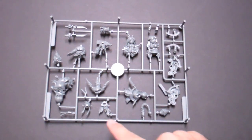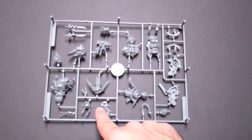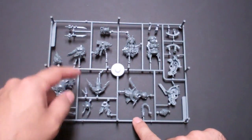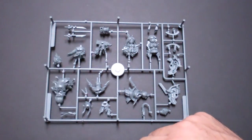Flipping over to the other side, we can see this is part of a headdress with some kind of mechanical winged feather. You can see the details on here are exceptionally fine. You can see every last ruffled feather on here. Some of the edges on these parts, like the edges of the weapons here, the edges of this wing, have that almost, ow, that's actually going to poke me and I don't want to push it too hard,